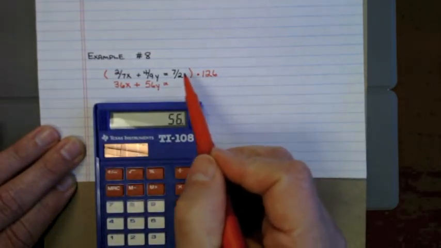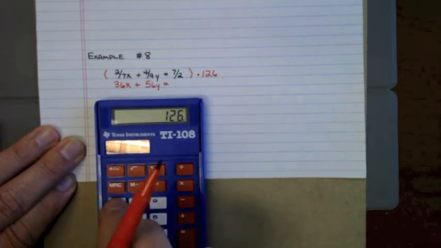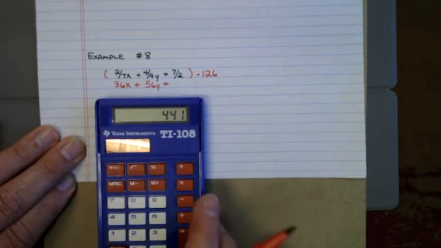I'm going to take 126, multiply it by 7, divide it by 2. 126 times 7 divided by 2 equals,